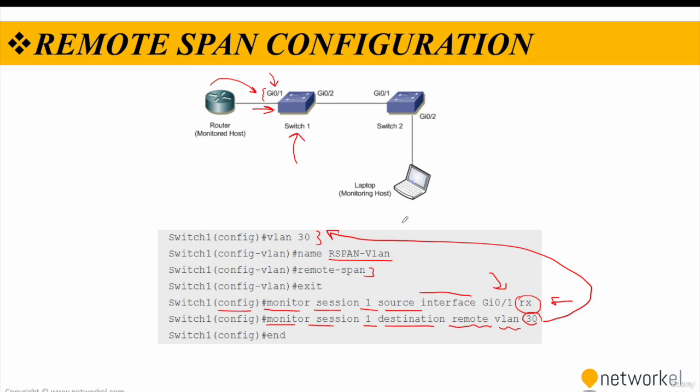So by using this configuration, my laptop, which is my monitoring host and connected to the switch 2 Gig 0/2 port, which should be assigned to VLAN 30 also, will be able to monitor the mirrored traffic coming from the switch 1